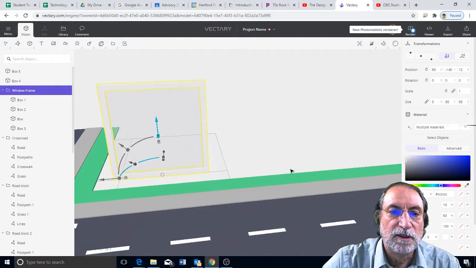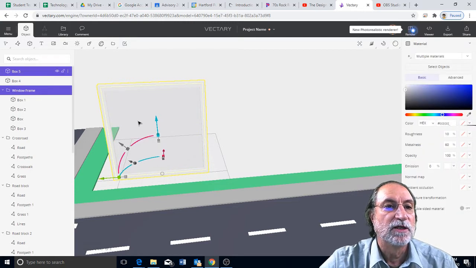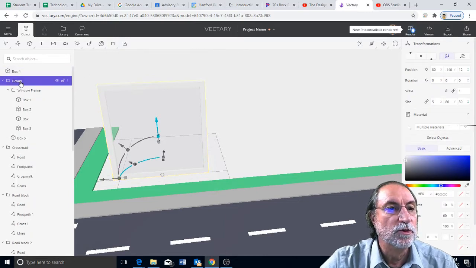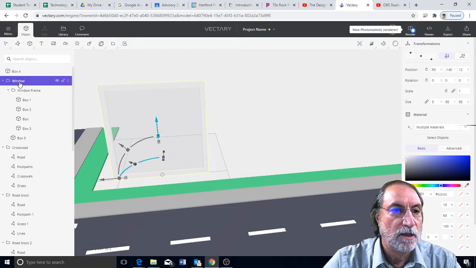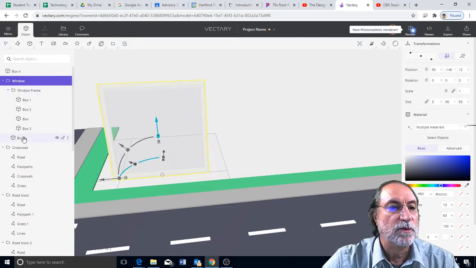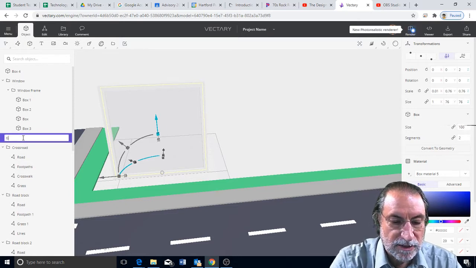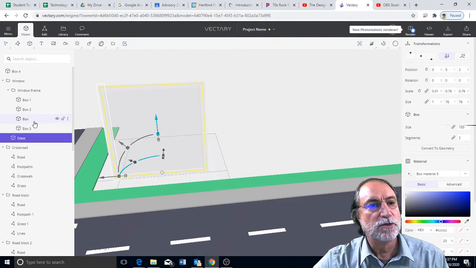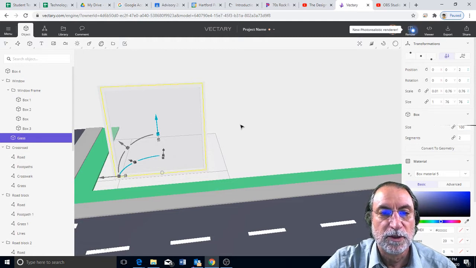So that's good. Now the next thing I'm going to do is I'm going to also hold down Shift key and click on my glass. So that's box 5. And now we're going to turn this into a group, and we're going to call this group Window. So now we have Window Frame and Window, and we have box 5, which is the glass. So we're going to double click this and we're going to call this Glass. We do this so it's easier for us in the future to go back and find the different parts of it